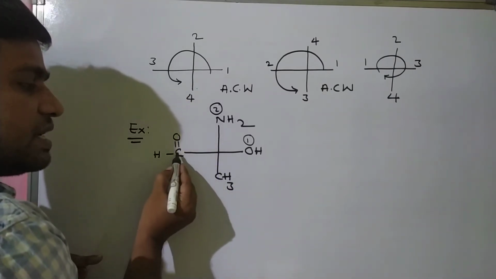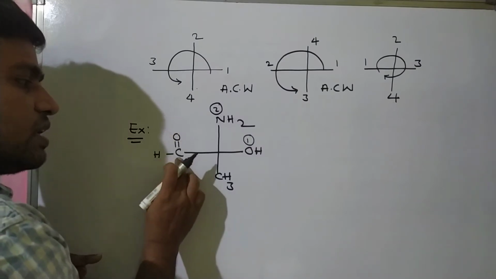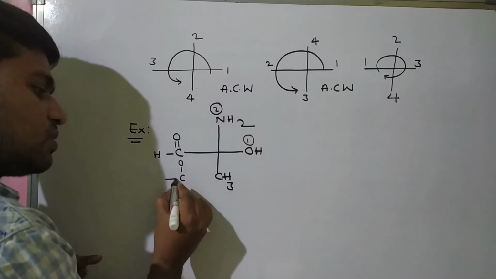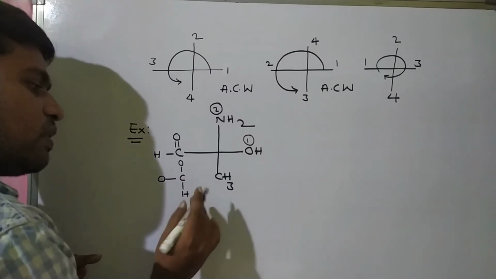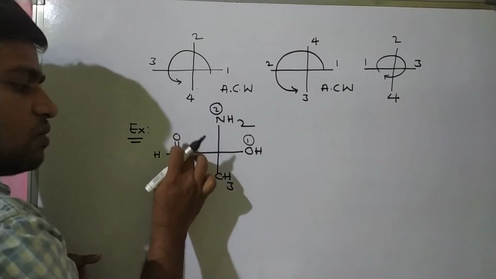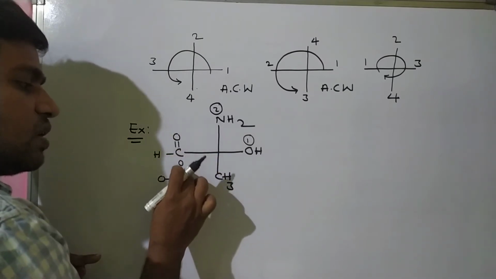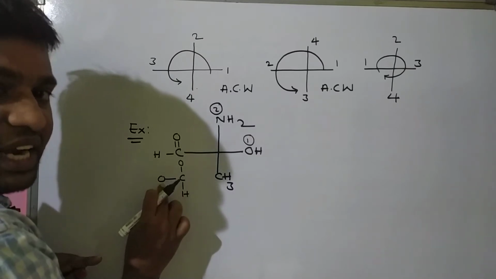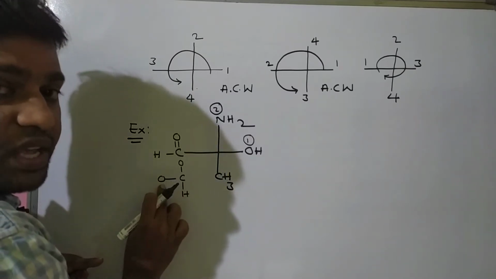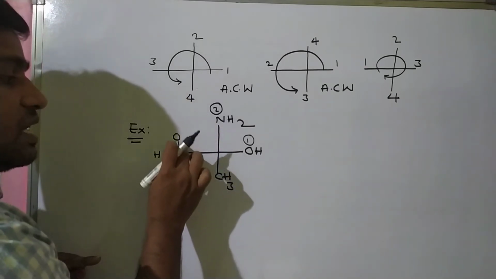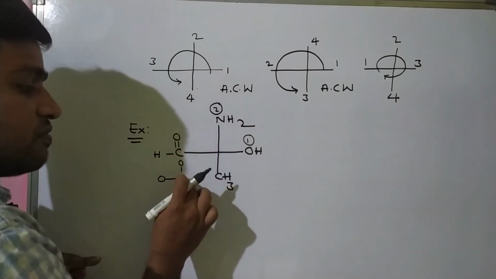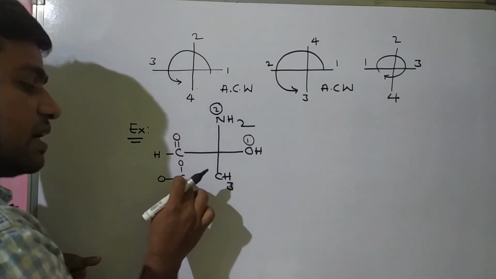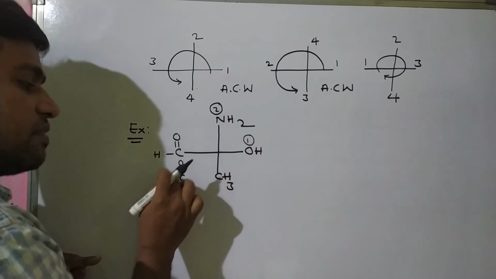But here carbon is linking with oxygen, meaning C double bond O. C double bond O means this carbon atom is bonded two times with oxygen. Okay, students, you must think like that. According to CIP rules, if a C double bond O bond is there, we should immediately consider it like this: the carbon atom is twice bonded with the oxygen atom.